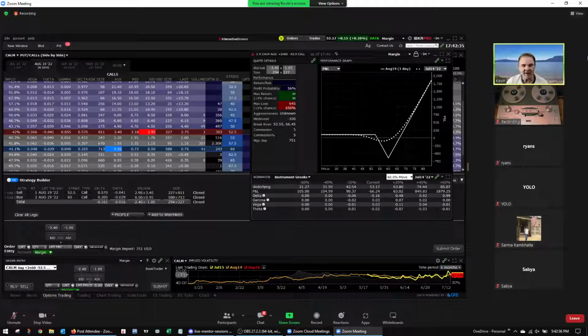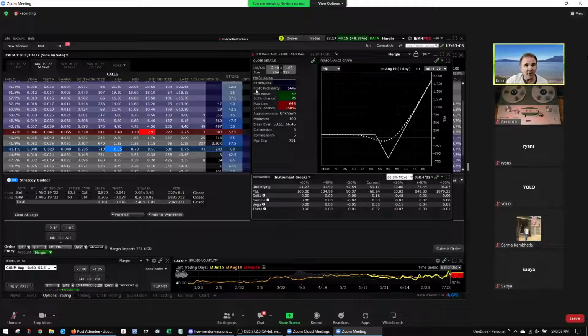But if I did one call on one contract month, and then another call on another contract month, that would be a calendar spread. And this is a ratio back spread. We could actually do a ratio back spread with the calendar spread as well, but that's not what we're doing here today. So this would be one way we could do this.